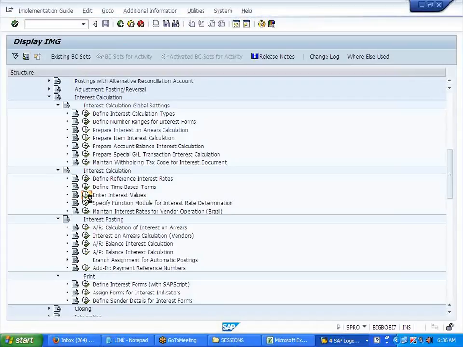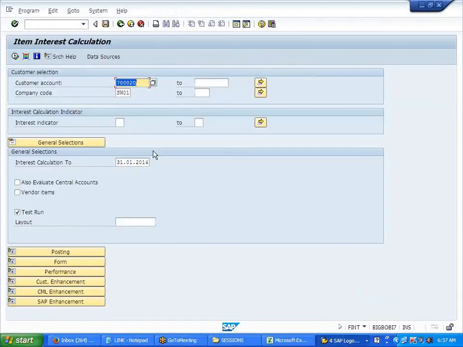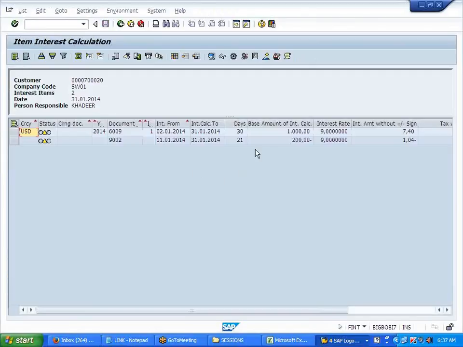How many days has it calculated here? 21 days, because we raised the invoice on the 10th.